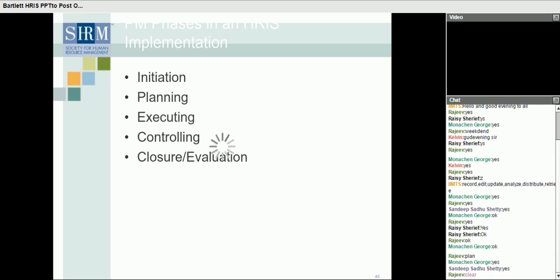Initiation means feasibility study, establish charter, set up project office, review. Then planning: resource plan, people, financial, time, quality, risk, communication, procurement of materials, contact suppliers, contingency plan, and perform review